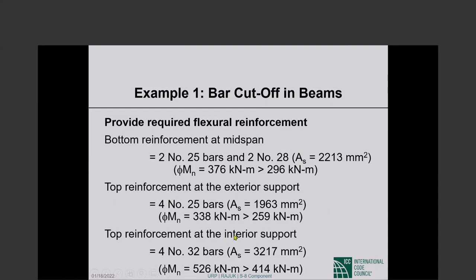Top reinforcement at the interior support, where you have a large moment of 414. Here we have used 4 number 32 bars, and that gives us a phi times M sub n of 526 kilonewton meters. Okay, so that's our flexural design, if you like, at the